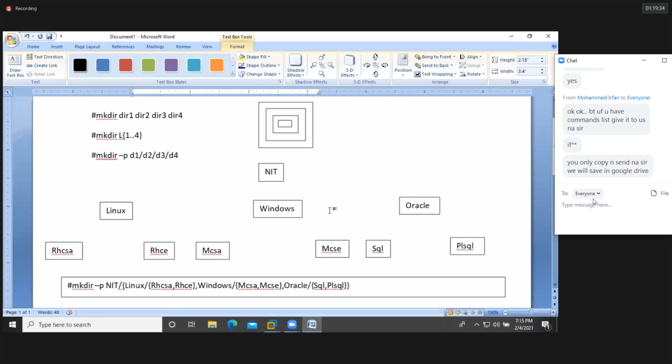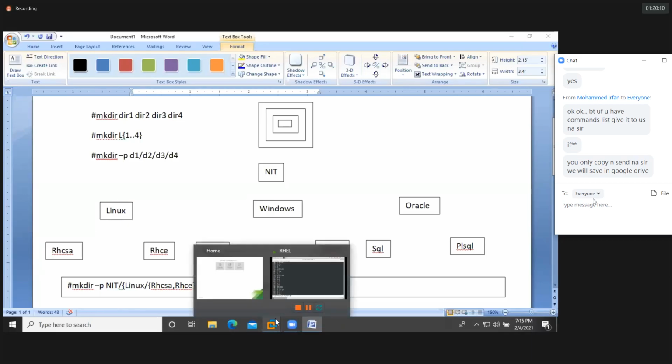Guys, I don't have any PDF files. So if you require the PDF and all this stuff, please communicate to the management. Guys, I don't have that much time to copy all these commands and save them to Google Drive and all this stuff. So I have a few documents. I will share them with you later, not now. Related to scripting, I'll share it with you. That's it. Okay.